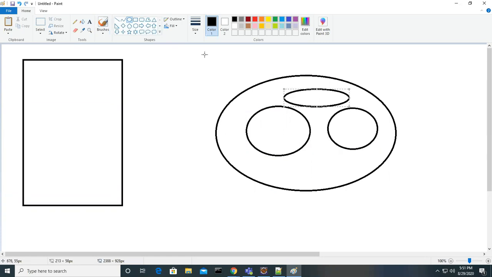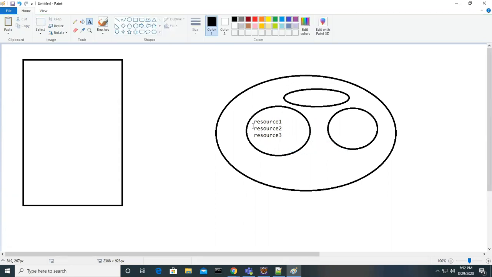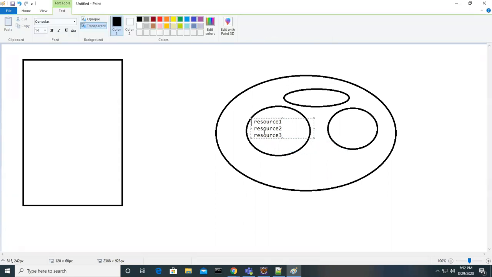Inside each project, we'll have resource 1, resource 2, and resource 3. So that means a project contains multiple resources.